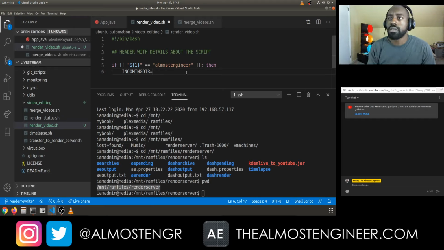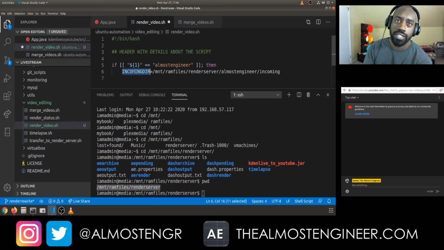All right, and so I'm gonna put this over here, and I'm gonna actually change the directory structure on the server, so I'm gonna go ahead and code it that way. So I'm gonna call it almost engineer incoming, and case sensitivity does matter, if you may know, on Linux systems. So be sure to use that as lowercase, and if you're used to using like Java or Python for other programming languages,